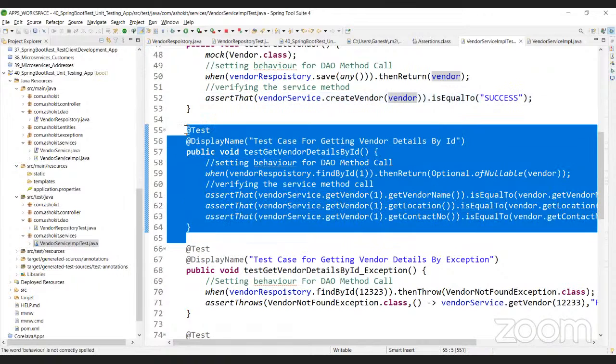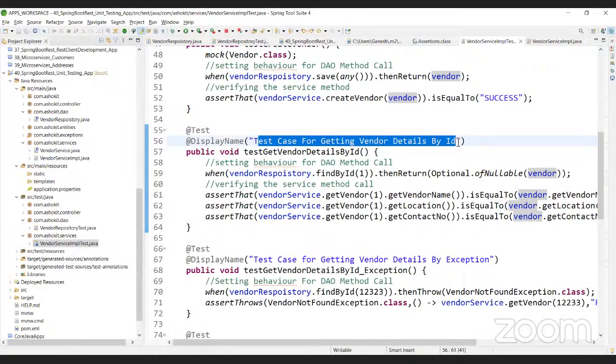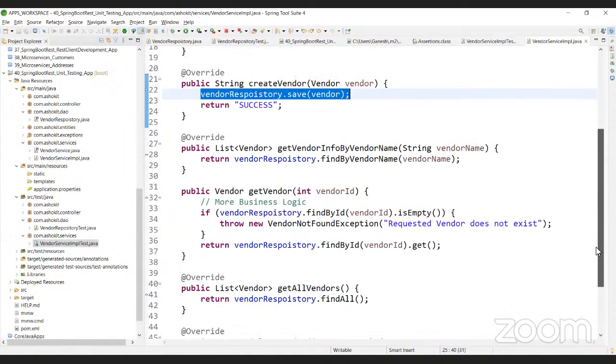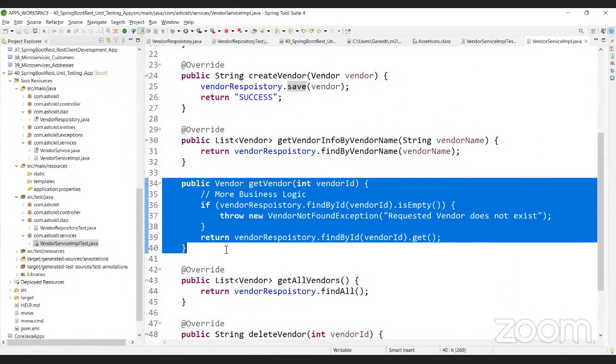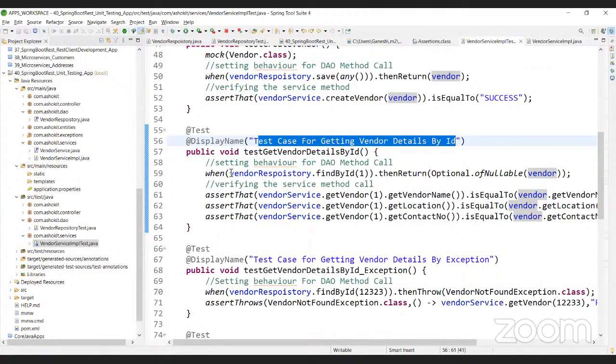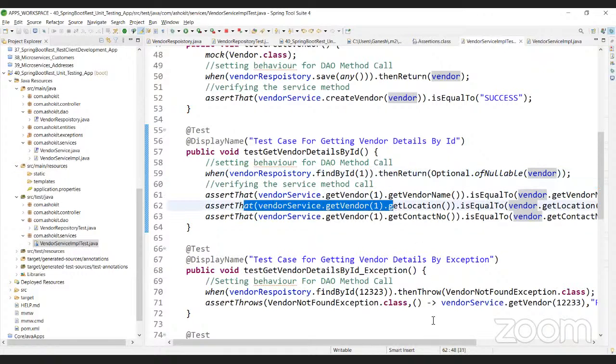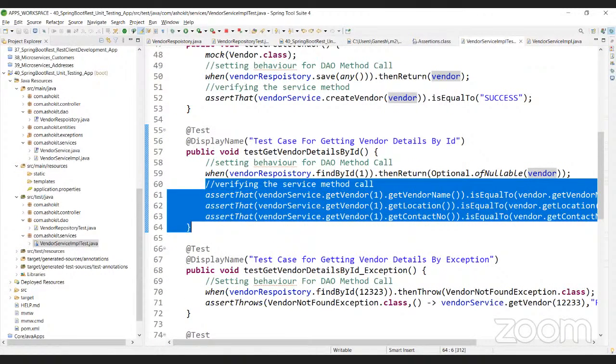I have written another test case, for getting the vendor details by ID. Observe carefully. For that method, vendorRepository.findById of 1, whenever this method is called, I am going to return a vendor object. If that vendor object is equal to the vendor 1 information, then I can say it is true. So in the negative case,